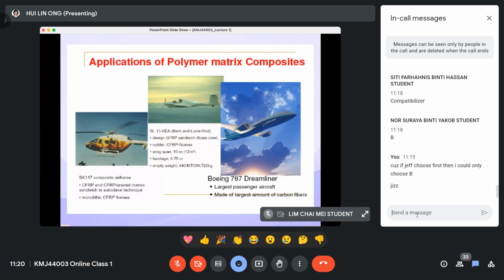Or polymer-based composite. Some people also use this, right? Polymer-based composite means that the major ingredient is the polymer. Then, let's say ceramic-based composite means that the major ingredient is the ceramic, or ceramic matrix composite. Yeah. But I think my student, she's a brilliant girl, so she sometimes reads and then she also sometimes